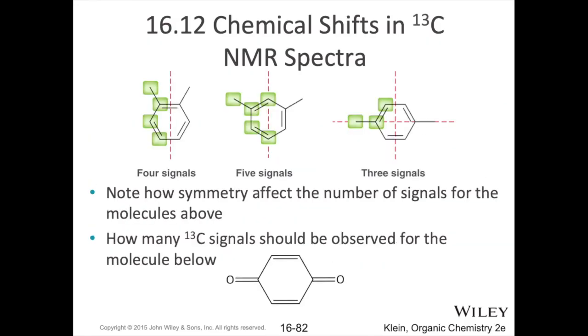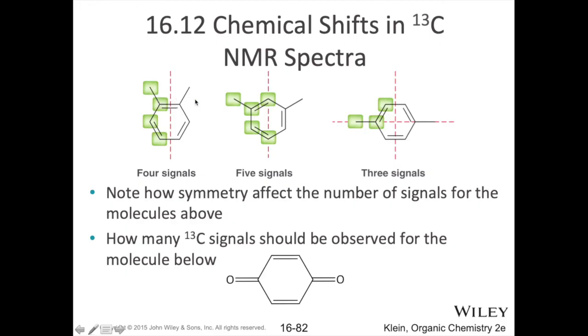Okay, so let's see some examples here. Let's say we are comparing these three isomers of xylene. Again, just by figuring out how many signals I would expect, and how much symmetry I have in this molecule, would allow you to immediately distinguish between these. For example, over here, we would get 4 signals. We have this rotational axis over here, so this methyl group gets reflected into this one, this carbon over here, and so on. We have 4 different, unique environments